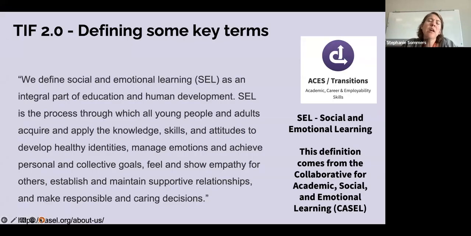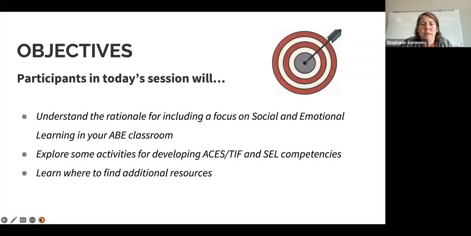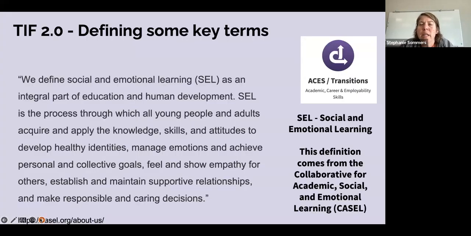So to get started, we'll go over some basic vocabulary, because I know maybe not everyone's very familiar with what social emotional learning is. So again, when we started, and it was about a year ago now, when we started working on making some updates to ACES TIF, it's been 10 years since the original project launched. That was back in 2013. And so we decided that we know a lot has changed in ABE in those 10 years. And so we wanted to revisit,